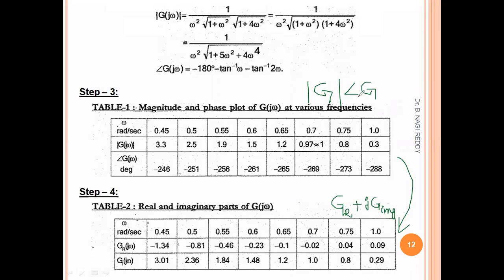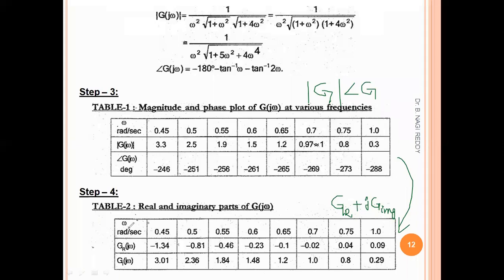If you want to plot the polar graph on the normal graph sheet or rectangular graph sheet, then this step 4 will be used. This converts the polar coordinate system into the rectangular coordinate system. Of course, you have done this previously in the mathematics subject as well as in the electrical subject. There we converted polar coordinates into rectangular coordinates directly using the calculator. So use the calculator, convert, and compute step 4.